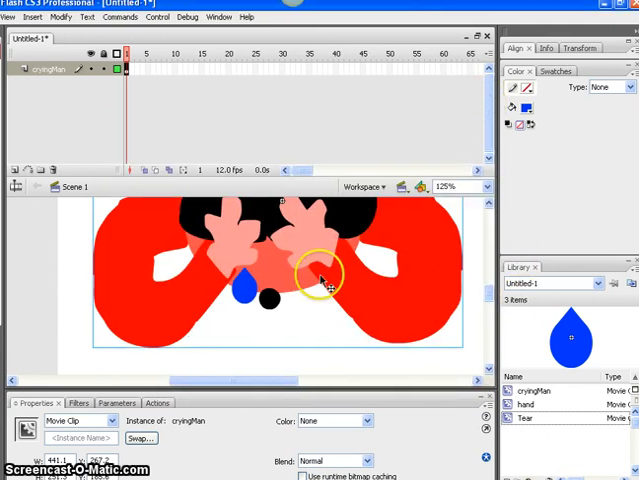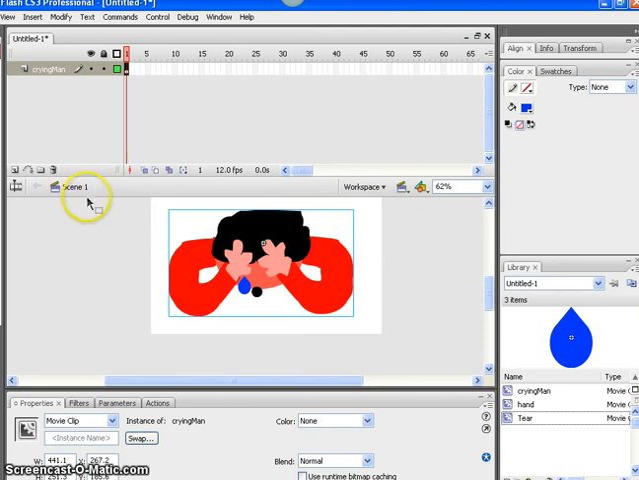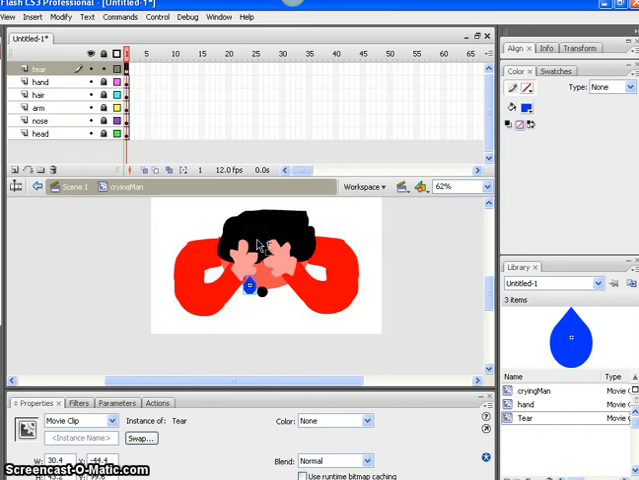So take some time, guys, and see if you can build a movie that has one layer called Crying Man, and it contains a movie clip. When we go inside it, we've developed a movie with a whole